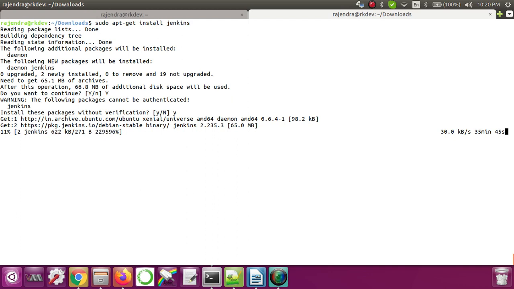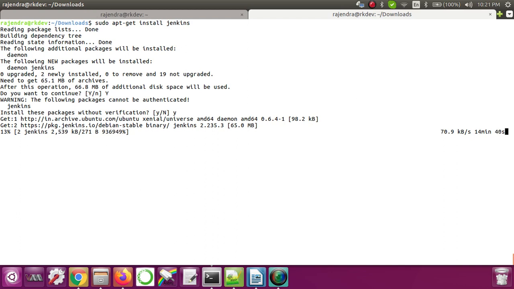Jenkins supports a lot of platforms or operating systems. Depending on your requirement, you can just go to Google and type how to install this on machine X. You'll get a lot of blogs with a step-by-step approach on how you can install Jenkins on a specific machine. Or you will even get a lot of tools that will automate your process of installing Jenkins, and you can very much use all the tools that are available in the market.